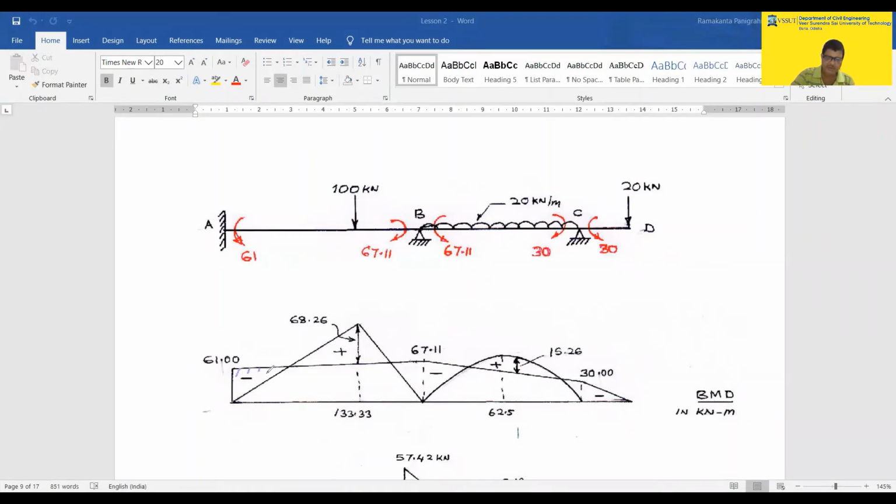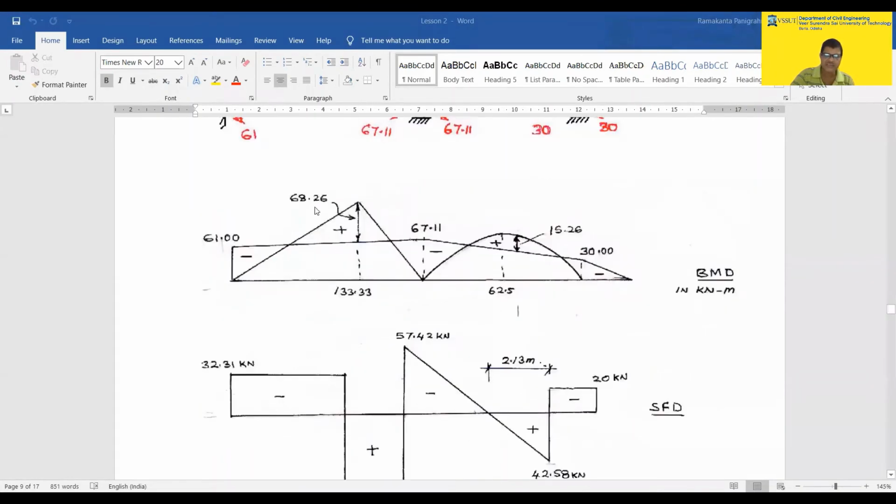So this is the bending moment diagram. The remaining part is your diagram, and you can draw it this way. This part and this part are common, so plus and minus have cancelled out here. This part and this part have cancelled out, and the rest is your bending moment diagram. Once you draw the bending moment diagram, then you have to draw the shear force diagram.